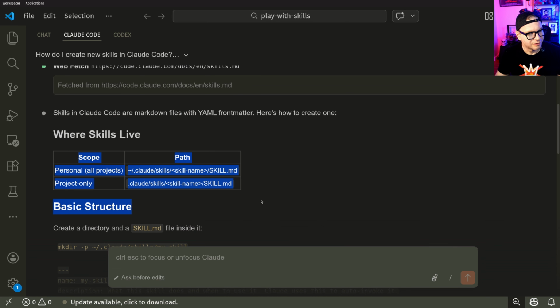But I think the one thing to point out here that is very useful for skills is that you have project level skills, and then you have your global skills. So I guess the global is personal for all projects. That'll live at the, I'm using Linux, so squiggly means kind of your user home directory. So that'll apply to all projects. It's a skill for everything. And then there's a project only thing